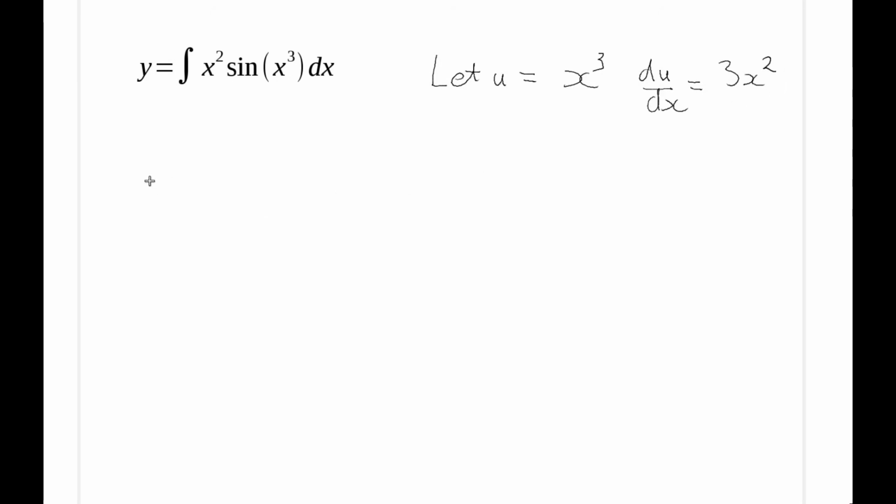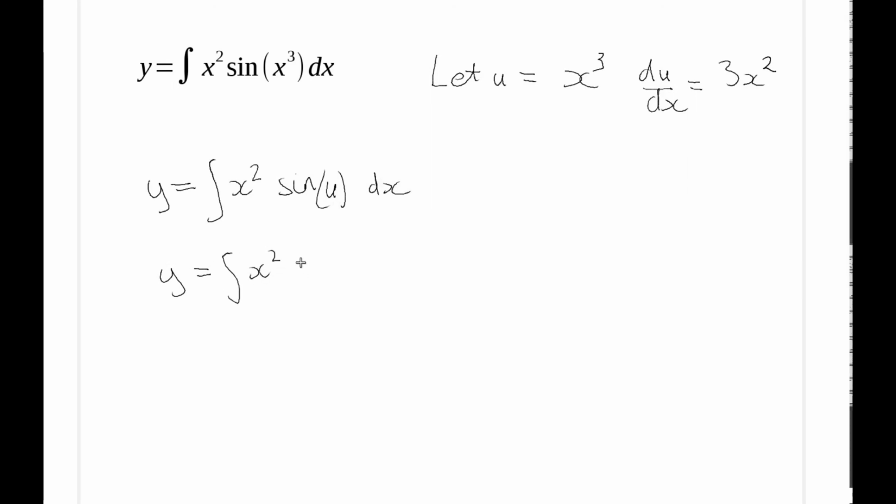Okay, so let's take this on a bit. So x squared sine u, where we substituted in, dx, again wrong term, so we're going to substitute in du divided by 3x squared, and we get sine of u, and that would be du divided by 3x squared. Okay, so again, these will cancel out,